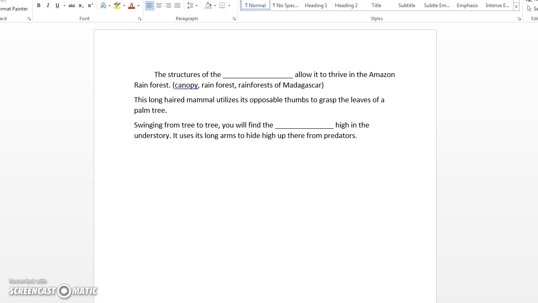All right, so our third structure that we're going to do is we're going to start off by writing what the structure is. Okay? So I know that a lot of us have animals that can camouflage. Okay? So camouflage is the, I always spell that word wrong. Camouflage is the final structure,